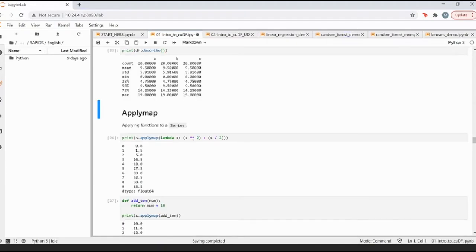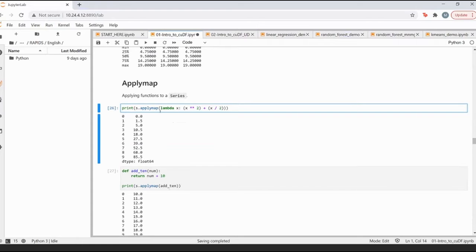Another interesting functionality is applymap. That means, given a lambda function, right, apply this function on top of each of these elements. So what I'm trying to do here is apply my lambda function on x, and what is the function? It's basically the square of the x value plus the value divided by 2, right? And that is the value that is going to get returned over here, right?